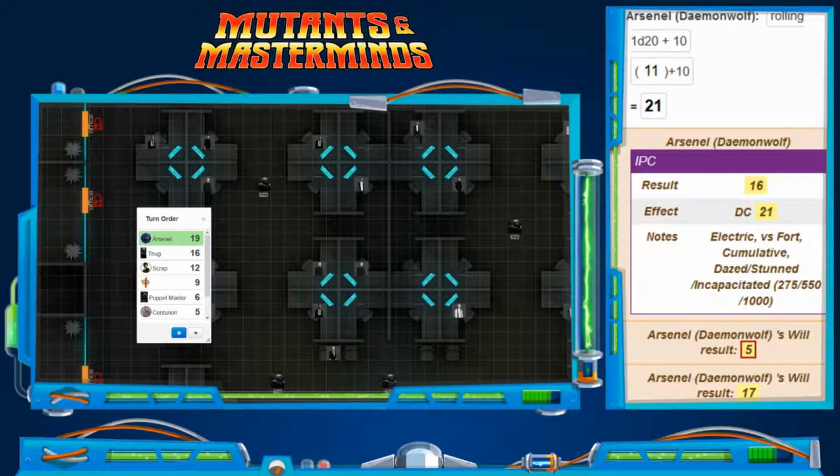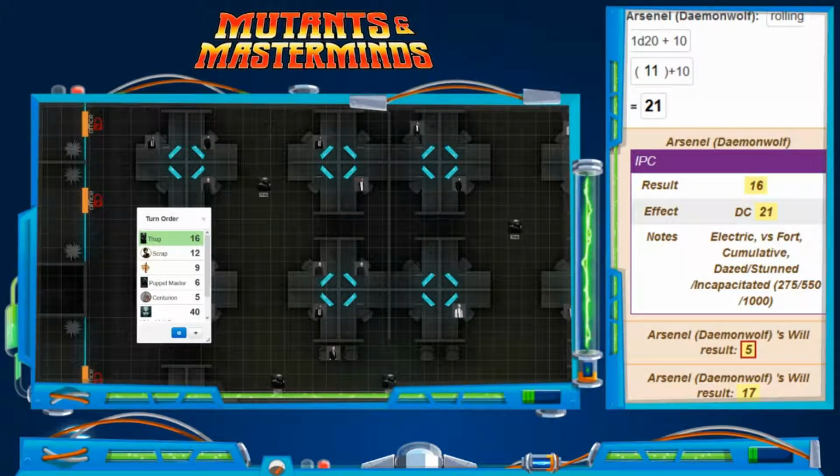Okay. Do the thugs do anything this turn? Yes. There are about 10 thugs in the room just outside of this one, and they will start heading in towards Centurion is here, so...